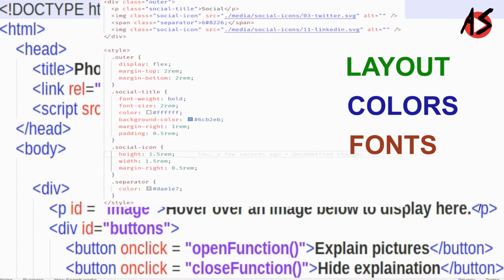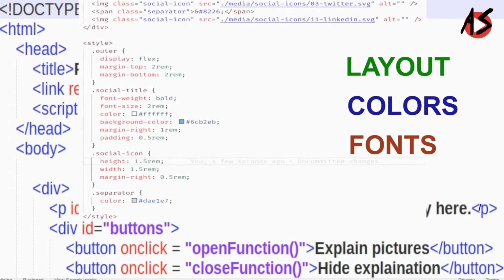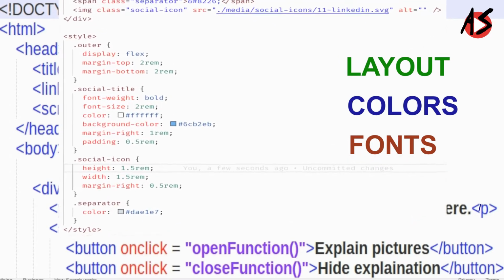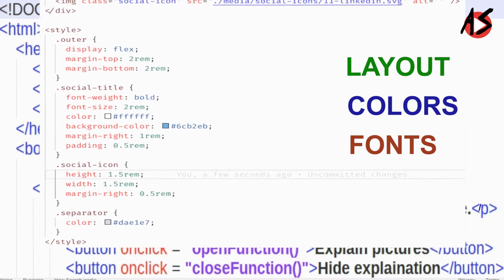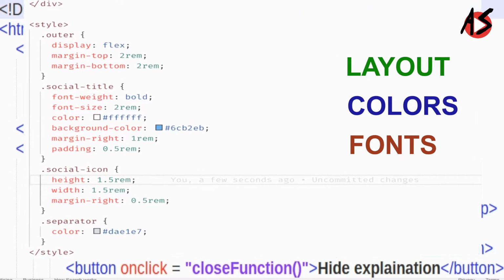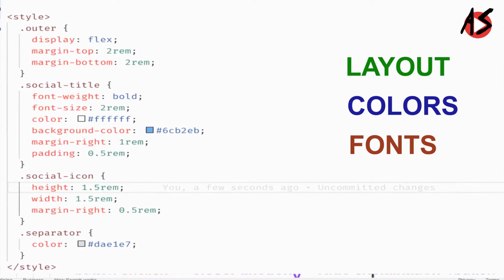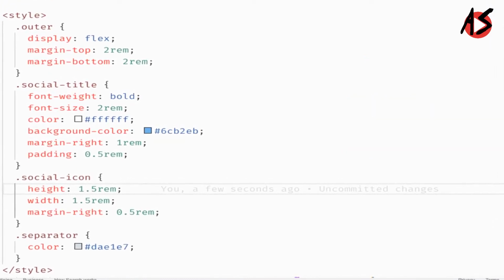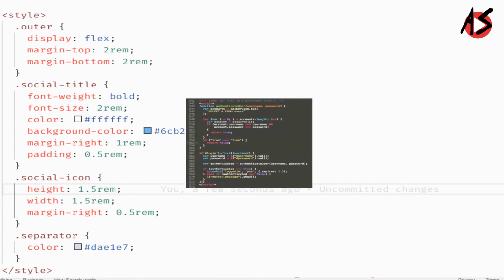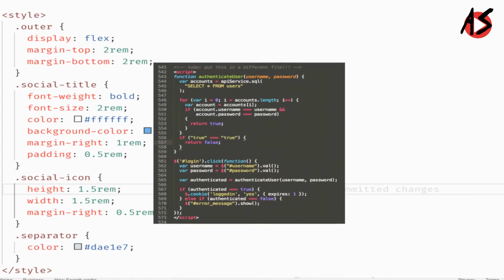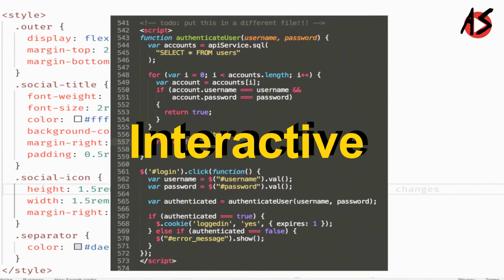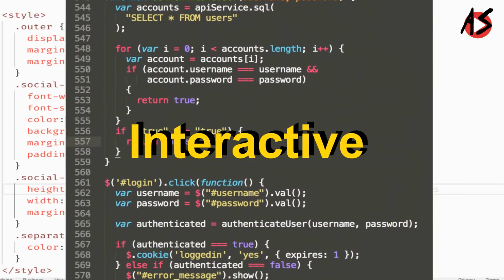Here, cascading comes from the specified priority scheme to determine which style rule applies if more than one rule matches a particular element. On the other hand, JavaScript is a text based programming language that allows you to make web pages interactive.